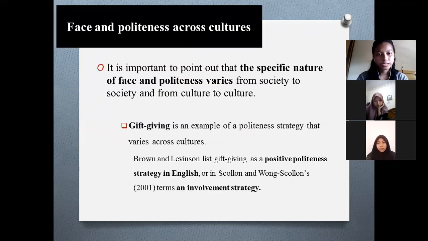Next, praise and politeness across cultures. It is important to point out that the specific nature of praise and politeness varies from society to society and from culture to culture. For example, in some cultures, the idea of personal space and independence may vary. In some societies, parents have more right to interfere in the domestic affairs of adult children than in others, and